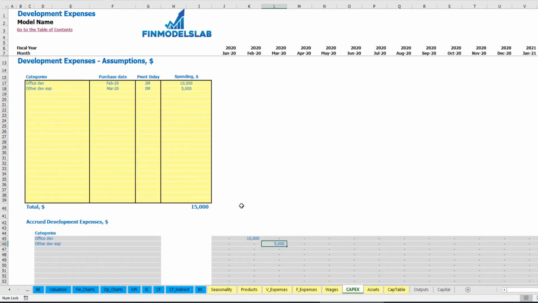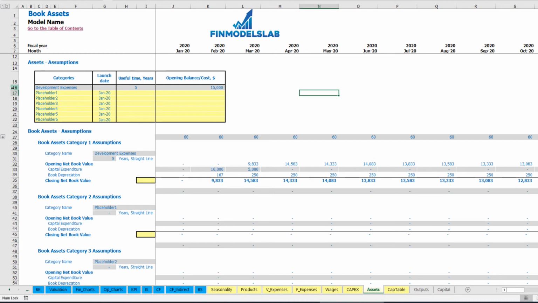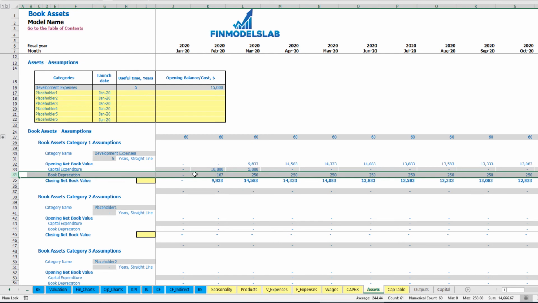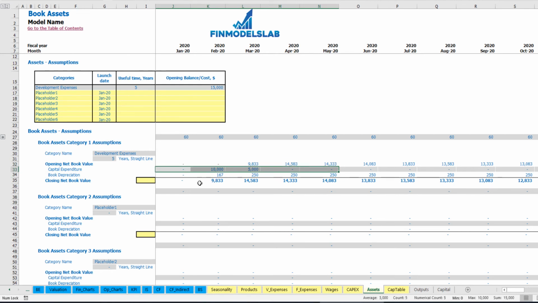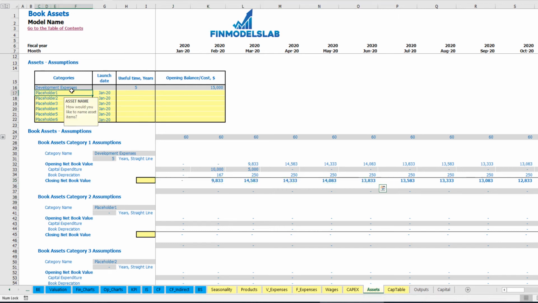The total amount of development expenses you may find in the Assets tab. By default it has a useful life of 5 years for the calculation of depreciation. You may find the calculation of depreciation for development expenses in here. Here you may also find capital expenditure and closing net book value. Additionally, you have up to 6 placeholders for other assets. For example, other assets